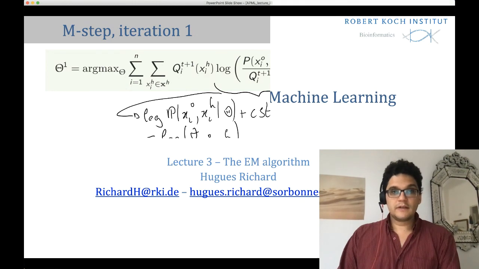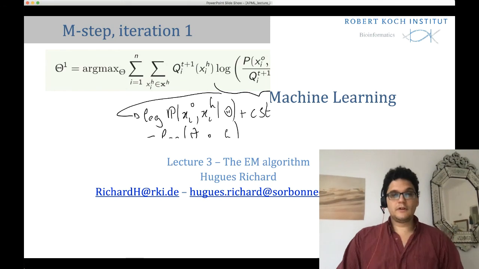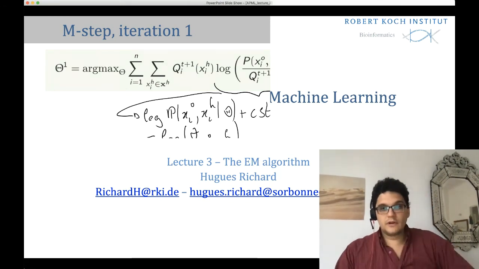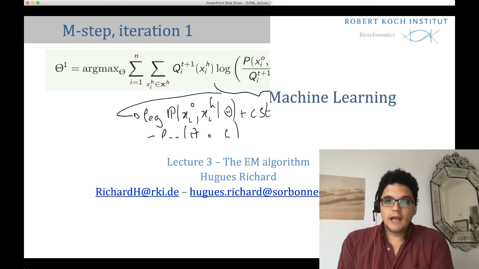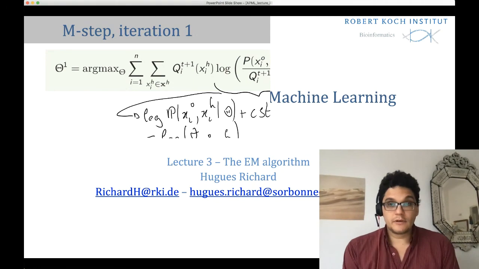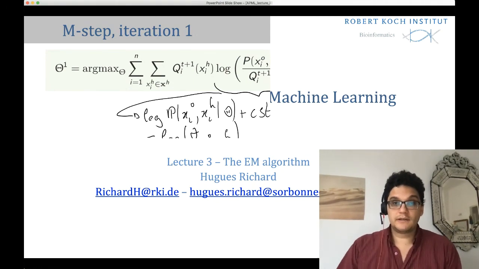As you see here, there are a lot of constants which go at the end, which correspond to those log of 1 over qi. We can take them out because we are searching for the argmax, and so we want to maximize this function, which is 1.5 log theta AC plus 1.5 log theta AD plus 0.5 log theta BC plus 1.5 log theta BD. So it's a four-dimensional function. We want to maximize it under the constraint that the parameters sum to 1.